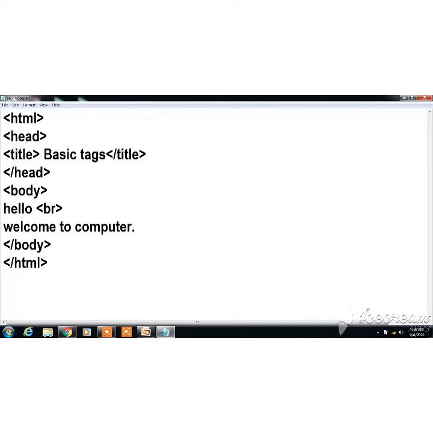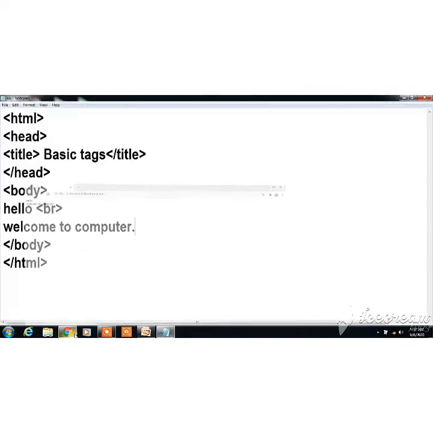Save it. Go to our browser. Look here. Hello is on the first line and welcome to computer class is on the second line. How is this possible? This is possible because of this BR tag. Clear? If you want your text to be written on a separate line, then we use BR tag.